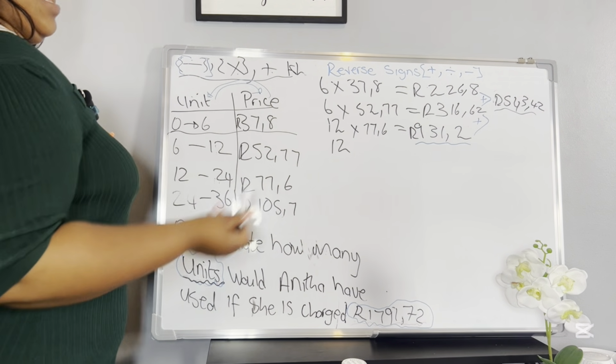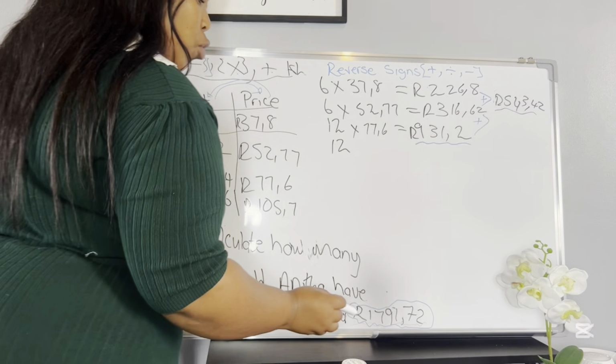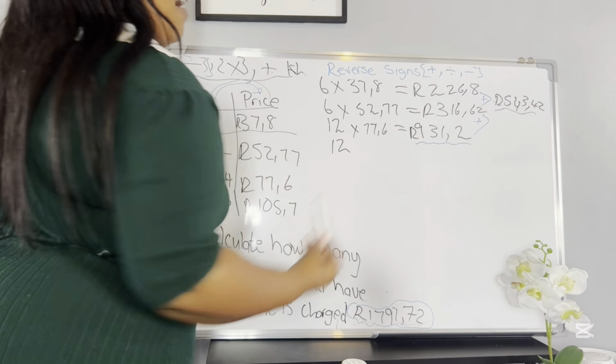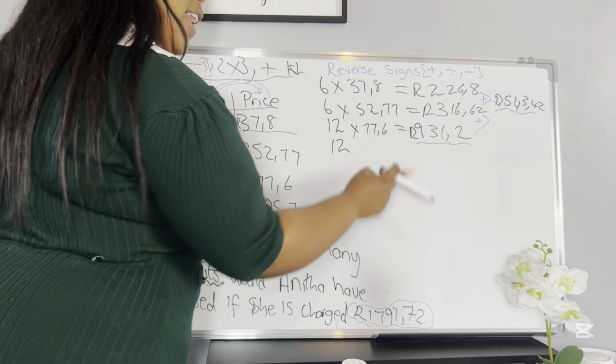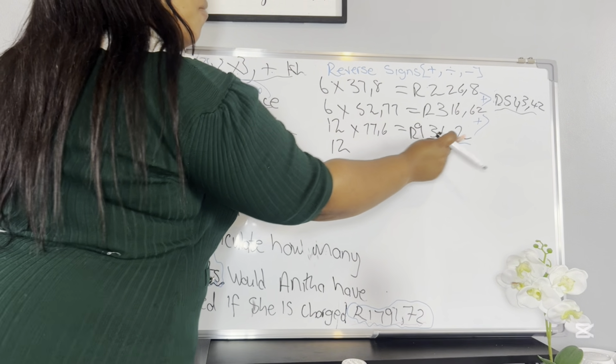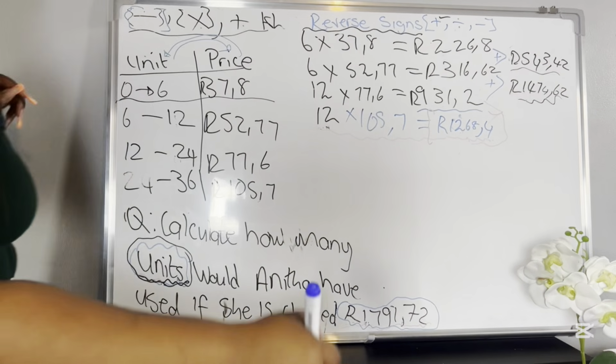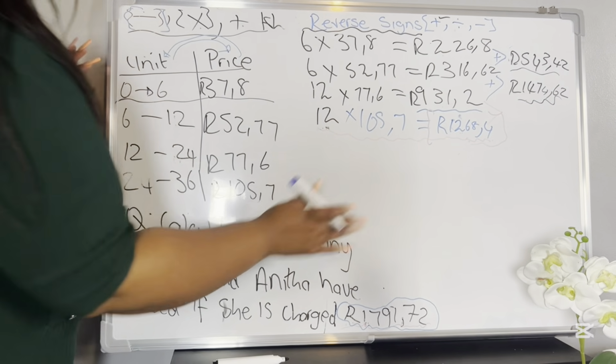Né? And then now, since we know, okay, we are moving towards 1.7 and we still have 500, we then again add the 931,2 to the 500, where we will get,